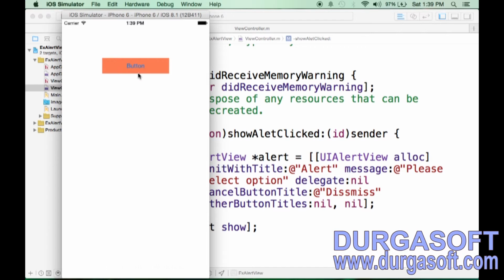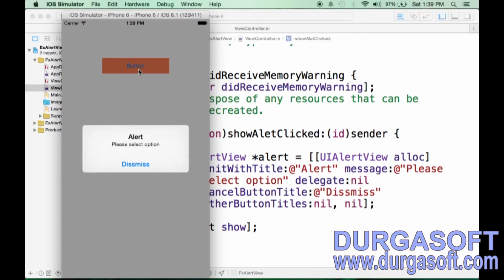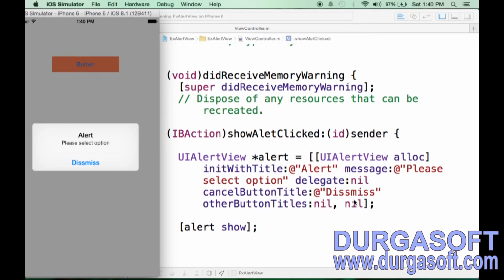So first time it will take some time. So now click on this button, right? So alert is displaying, right? So this is your title and this is your message and this is your button, that is cancel button. If you mention one more button name in the other button titles, you will see the two buttons side by side,